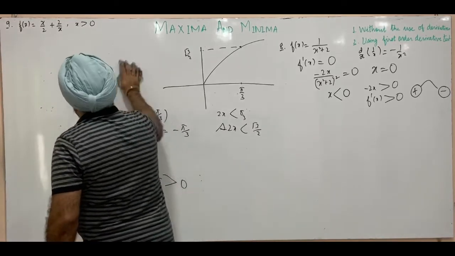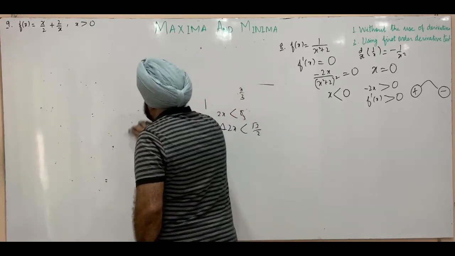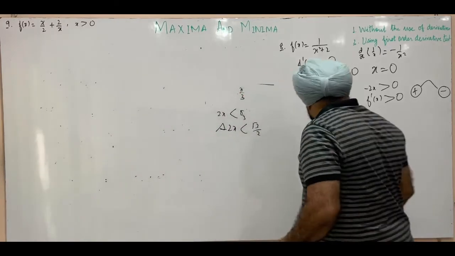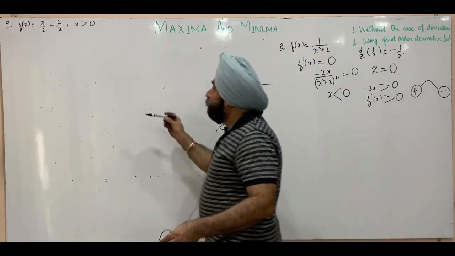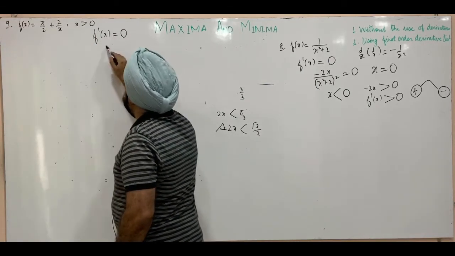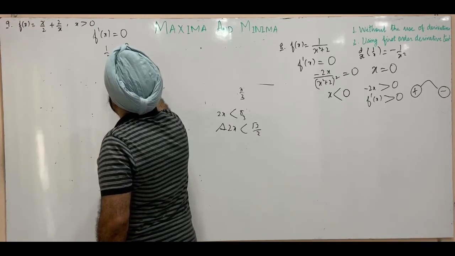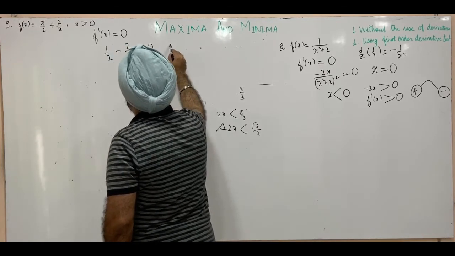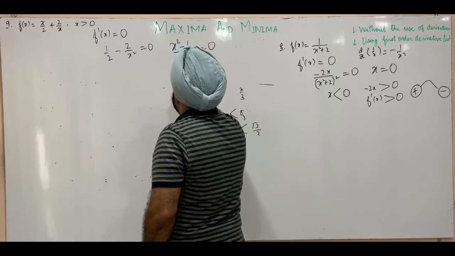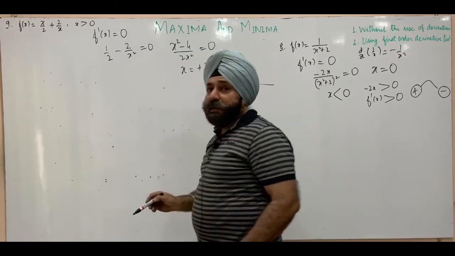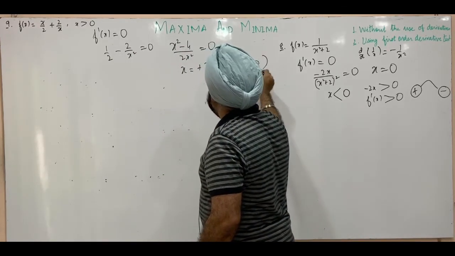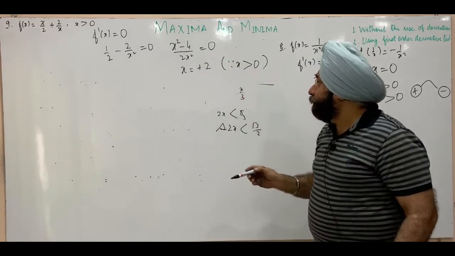Again we have to use the first order derivative test to identify the critical points. So for critical points we differentiate, we find out derivative and equate the derivative to 0. 1 by 2 minus 2 by x square, this is 0. x square minus 4 upon 2x square is 0. That's x is equal to plus or minus 2. We are given x is positive, because x is positive, x is equal to 2 is the critical point.